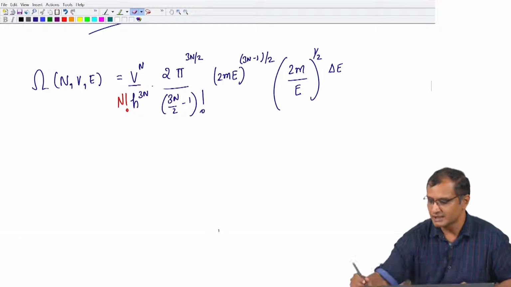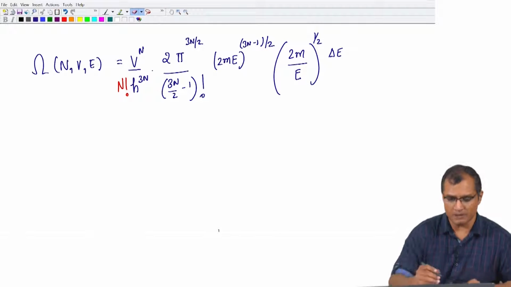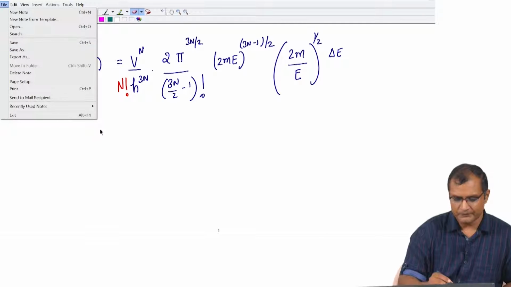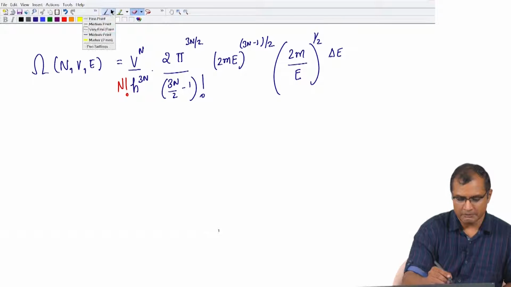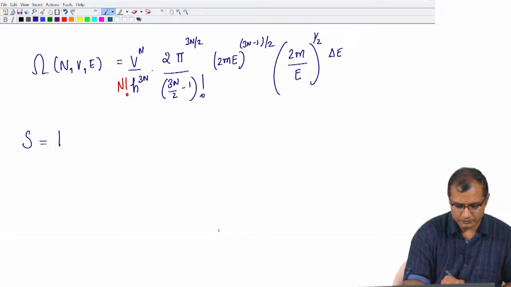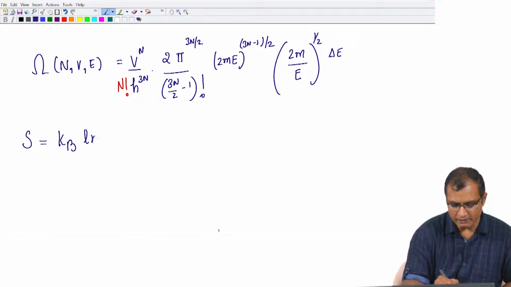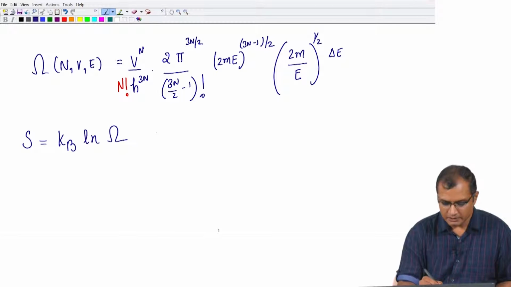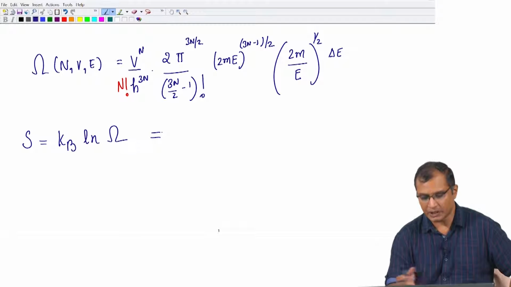As we shall see, we did derive the expression for entropy, and I am going to write down the expression for the entropy by taking a logarithm. So, you can compute the entropy, which is kB ln omega,